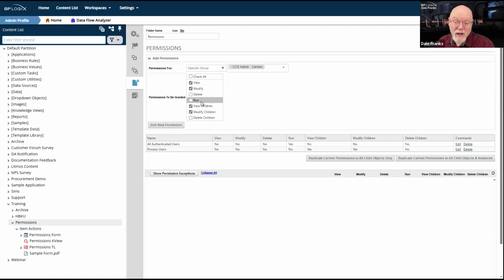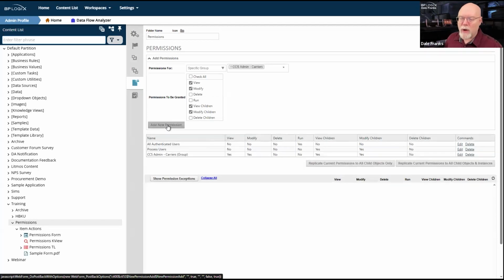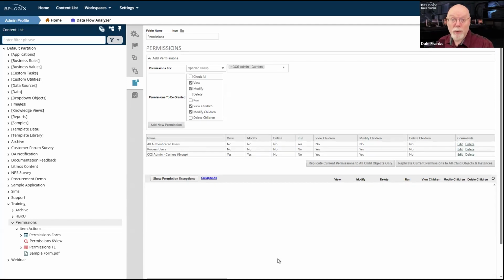Run unnecessary. Again, remember, all authenticated users already have run permissions. I don't have to re-give the same permission to another user. So for this specific group, this specific administrative group, they now have some extra permissions that will allow them to view and to modify both content list objects and their children. These are probably the three main use cases on a production system that you would set up on a default. And I think the third case with this group is probably optional in most cases.